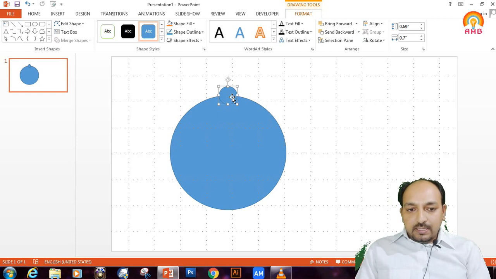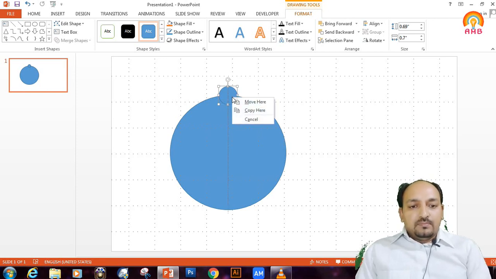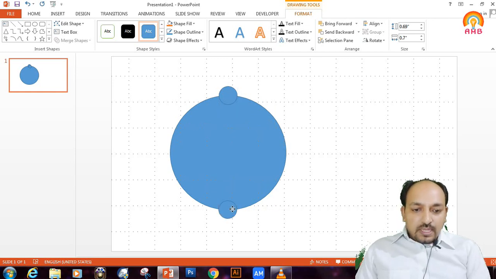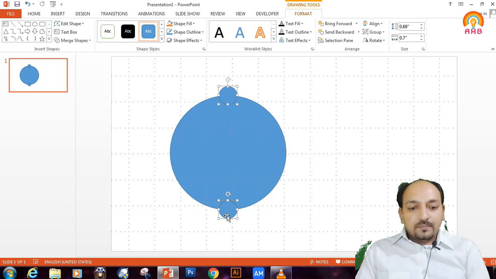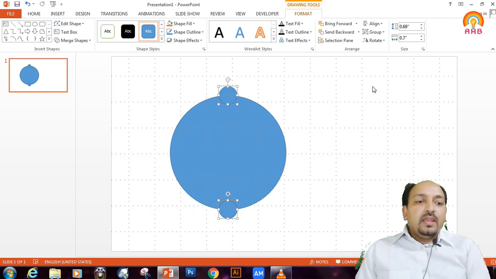Similarly, I want the same size circle, so I am right clicking on the small circle and copying it, and the second circle I am putting exactly opposite on the larger oval surface. Now I am selecting both of these small circles and grouping them.